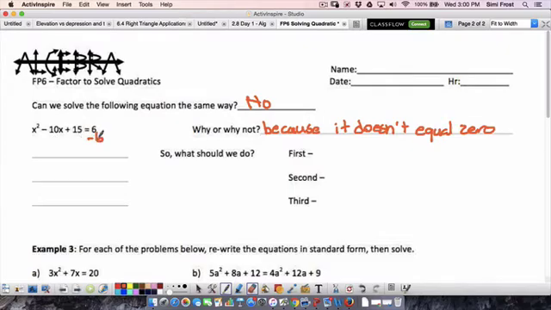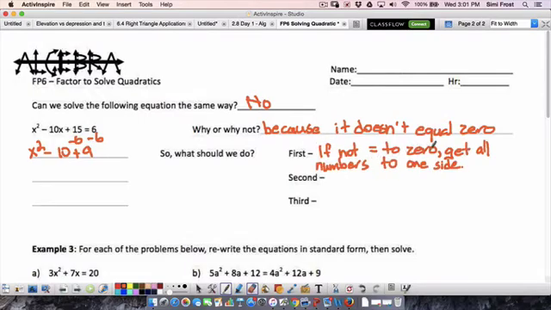So I'm going to subtract by 6, and I get x squared minus 10x plus 9. Okay, so our first step here, if not equal to 0, get all numbers to one side. So we went ahead and did that. Now on the right side here, 6 minus 6 is 0. Okay, next step,